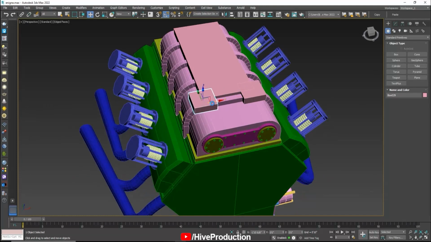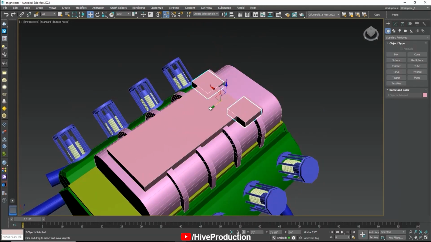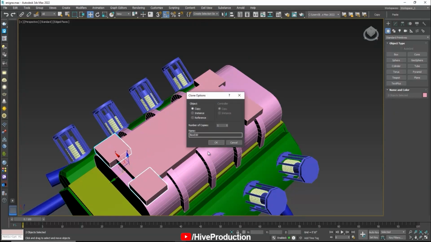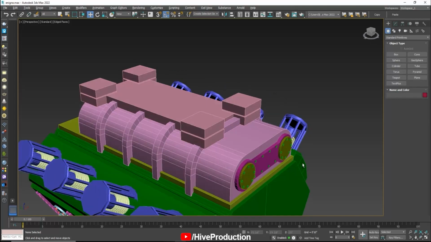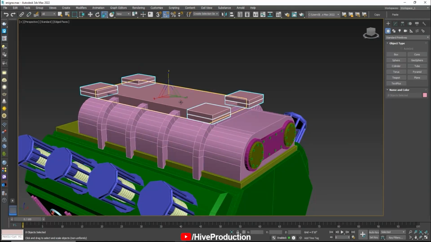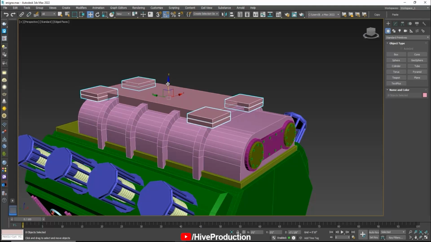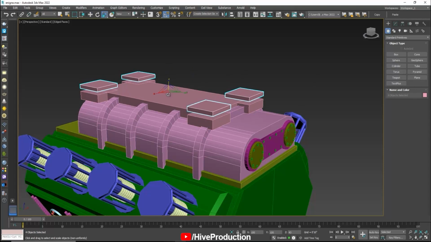I have to duplicate this box and adjust these boxes on the 4 corners here like this. Again, I'm going to duplicate these boxes and reduce their height. We need to adjust their height and size, so I'm going to take the top boxes and reduce their height size,